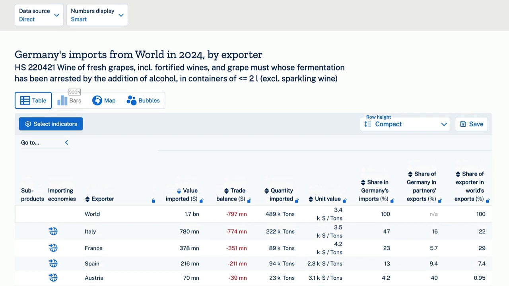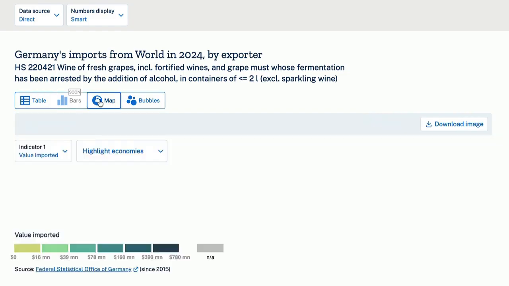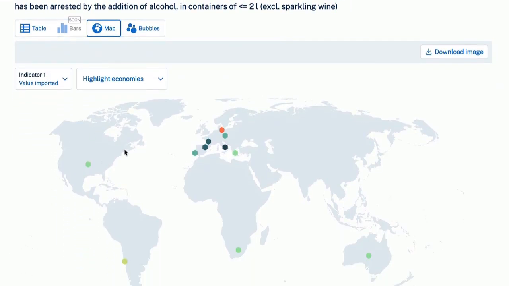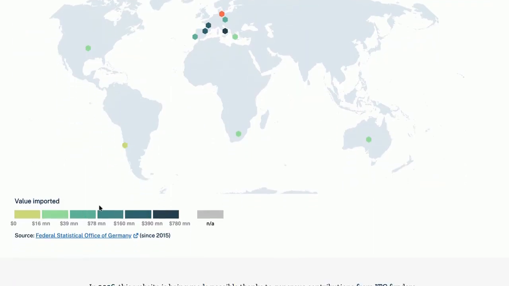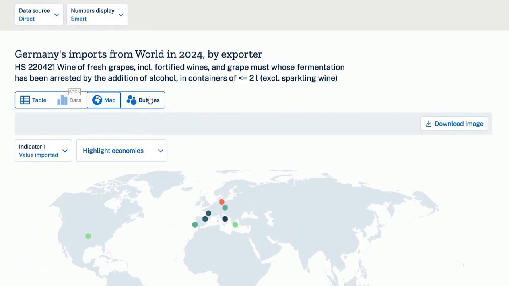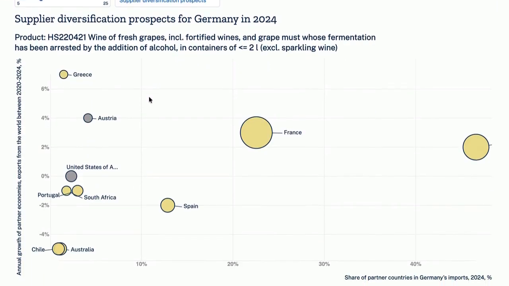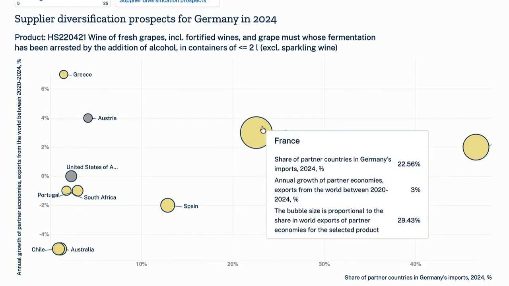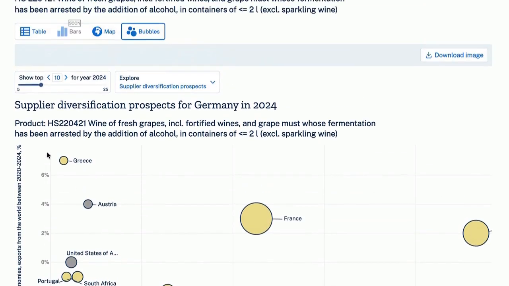to view it in different ways. You have the map option, which would be a world map with the countries. Exporters, Germany, and each point represents a value according to its color. And you also have the bubbles. So as you can see on the right, there are bubbles. The name doesn't appear all the way to the right, but it's Italy. Would Italy be the main importer? Following France, it goes to Spain. And here are the others we have around here.